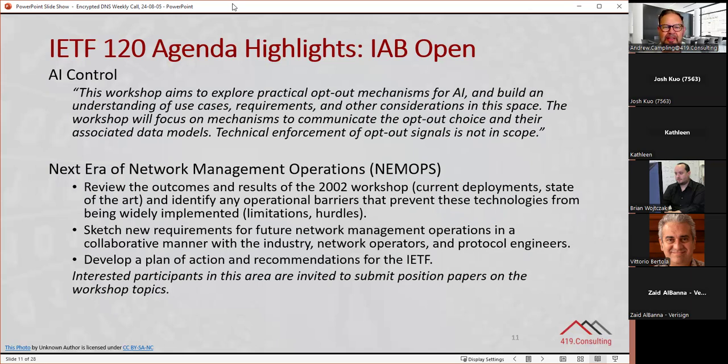I highlighted this partly because it feels like there's more effort to take the network management community seriously, and understand perhaps some of the challenges, particularly some of those caused by end-to-end encryption, the introduction of encryption in protocols, etc., and perhaps to put a greater focus on the ops side of the equation.